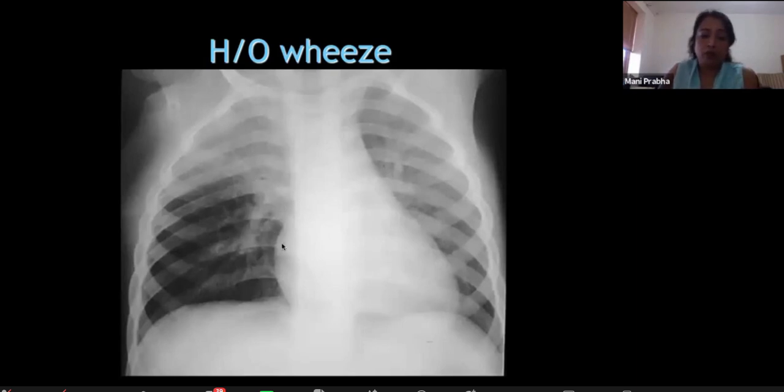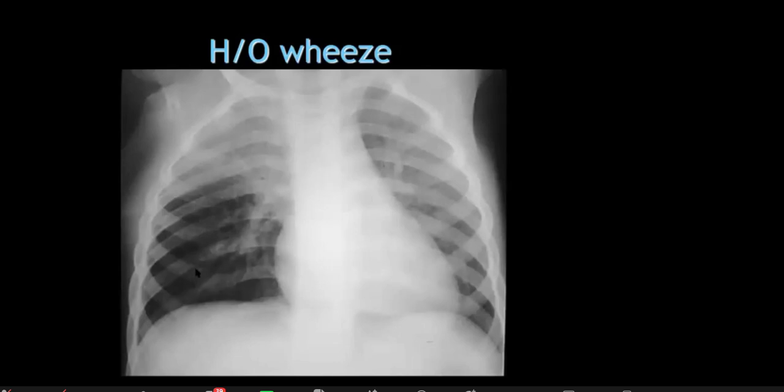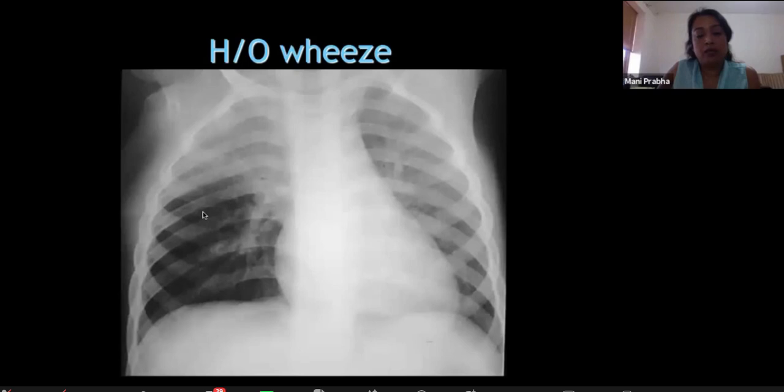So for you to understand, since I know the patient, I know the disease also, there is some lucency in right middle zone and right lower zone. And there is some haziness, probably projectional haziness on the left side. Are we talking about allergic bronchopulmonary aspergillosis, ABPA, with finger and glove projections on the right lower zone? So there is some lucency in the right middle and lower zone, and the patient is presenting with a history of wheeze. So keeping these together,